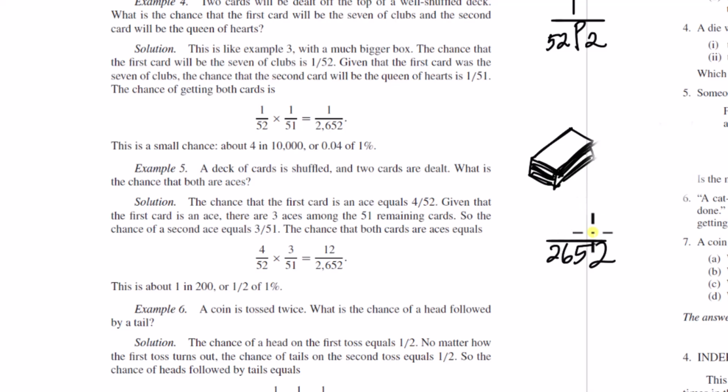It's the same game, but it's completely separate in the sense that, if you want to think about it this way, if I had to list out all of the possible successful outcomes, how would I list them out? I could have an ace of hearts, an ace of clubs,